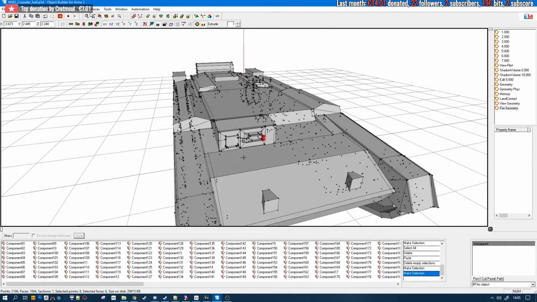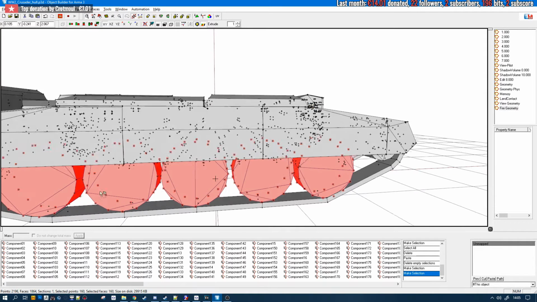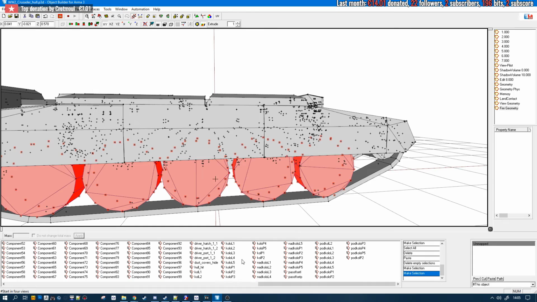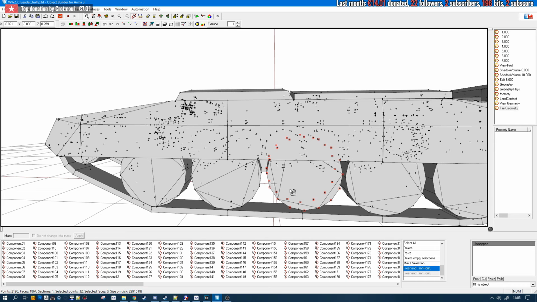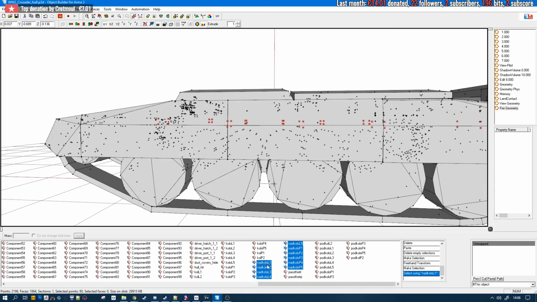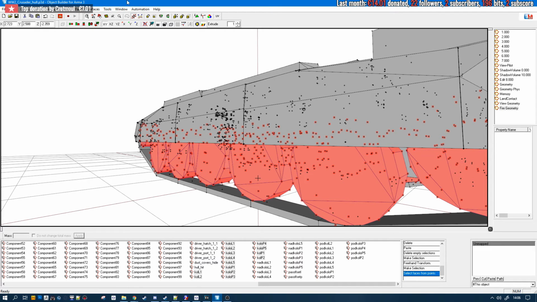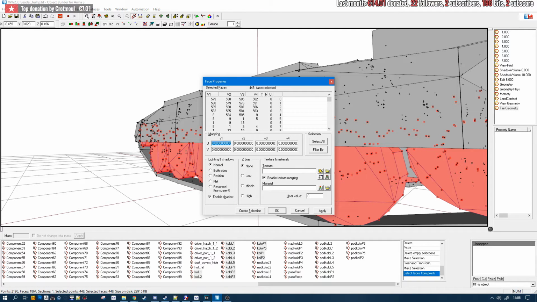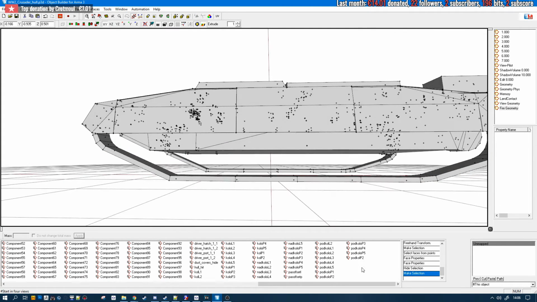So let's start first with the wheels. You can't select in the named selection because, as you can see, it takes only the points, and you can't assign material to the points. You have to select the faces. I think there's an option over here, so let's try Edit, select points from faces, then press E and paste the material here, and then you just have to hide it to keep on working, and you're good.